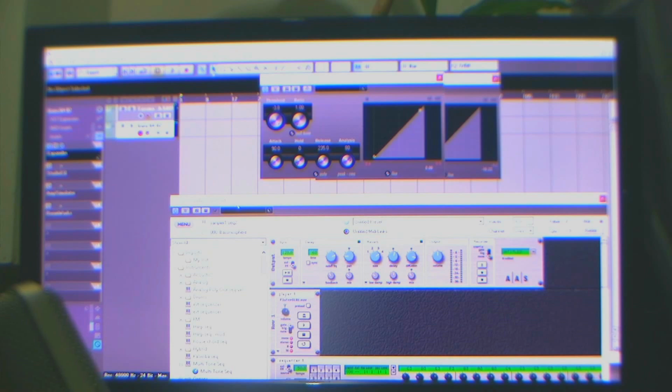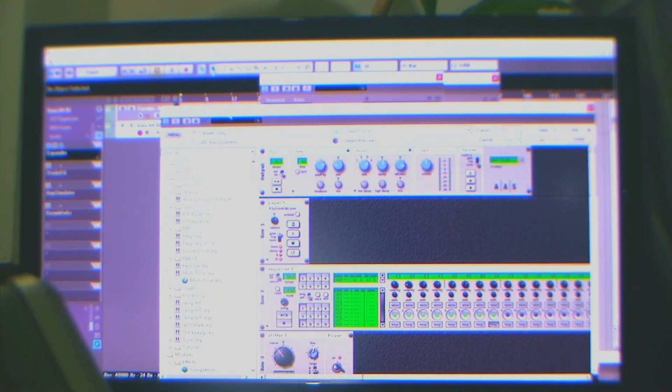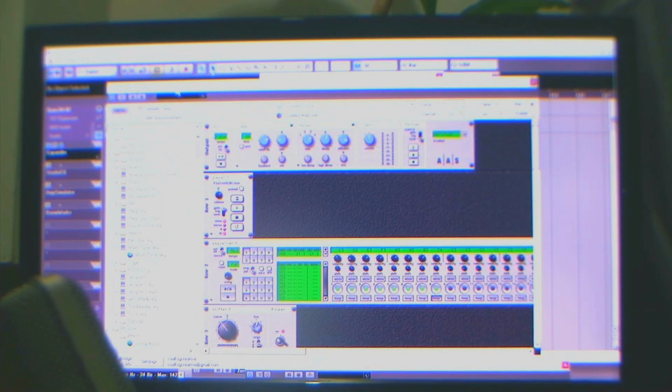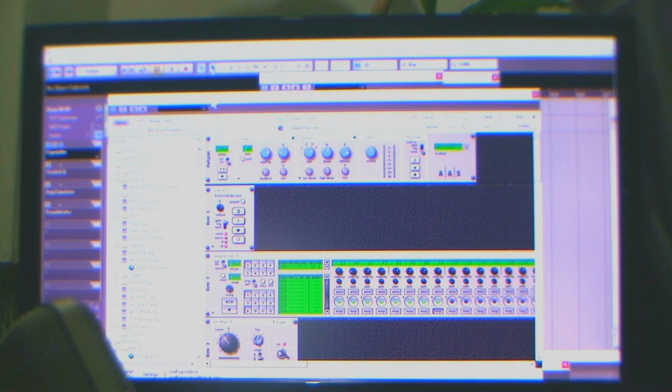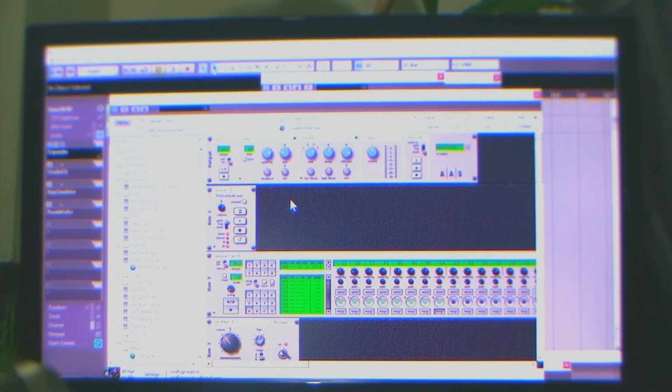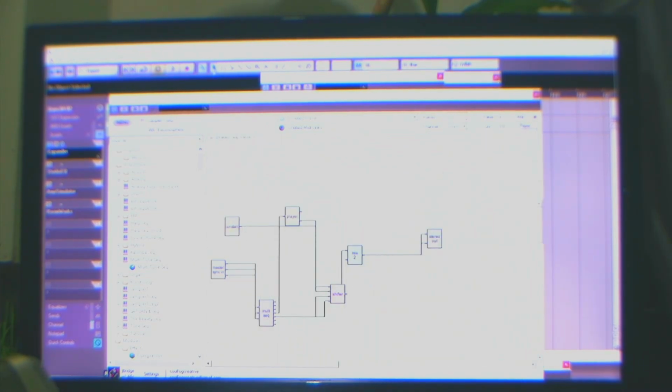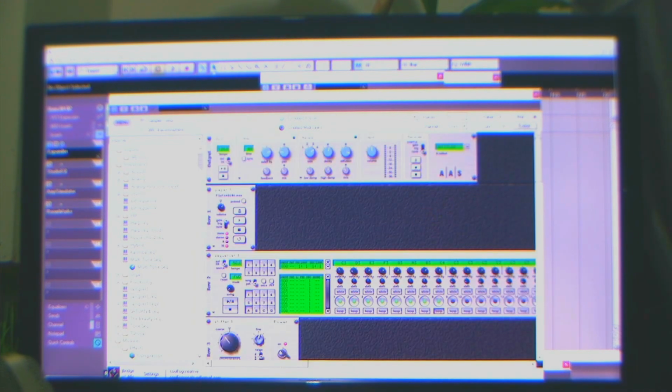Because a lot of people, they hear the digital sound, and it can be a nice sound sometimes, but sometimes you just want a little bit of added warmth. Okay, so here's Tasman, and I've been trying to use the builder. Here's the builder section of Tasman, and well, there's a lot of built-in sounds to Tasman, and there's some presets